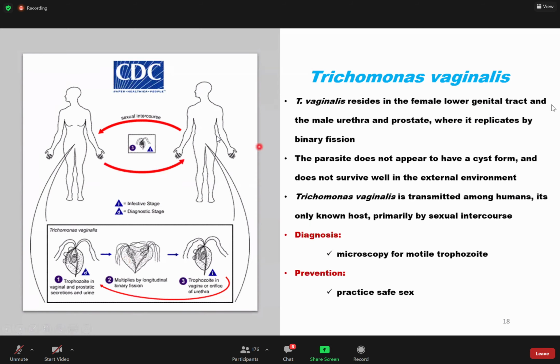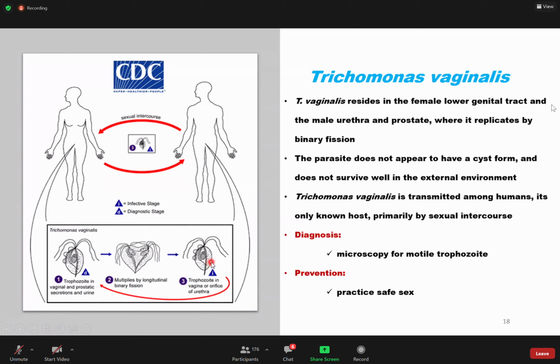How can you make a diagnosis? Send in a genital specimen, and we look out for motile trophozoites. So the trophozoites looks like this. It's a flagellated organism, and we look out